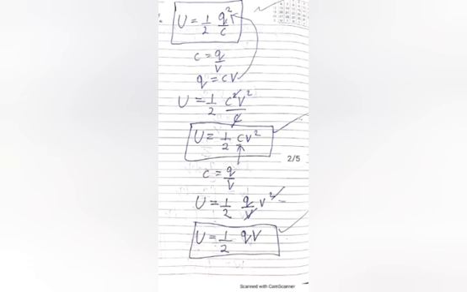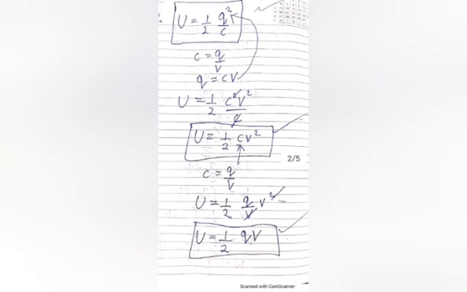So we are left with U is equal to half CV square. Now again for the other expression, the same trick you will use. The first variable in our expression is C, so we'll put the value of C in the same expression. As we know C is equal to Q by V, we'll put this value in our expression of energy and we'll get U is equal to half, instead of C we write Q by V, and then V square. So one V is cancelled from the numerator and denominator, so we are left with U is equal to half QV.